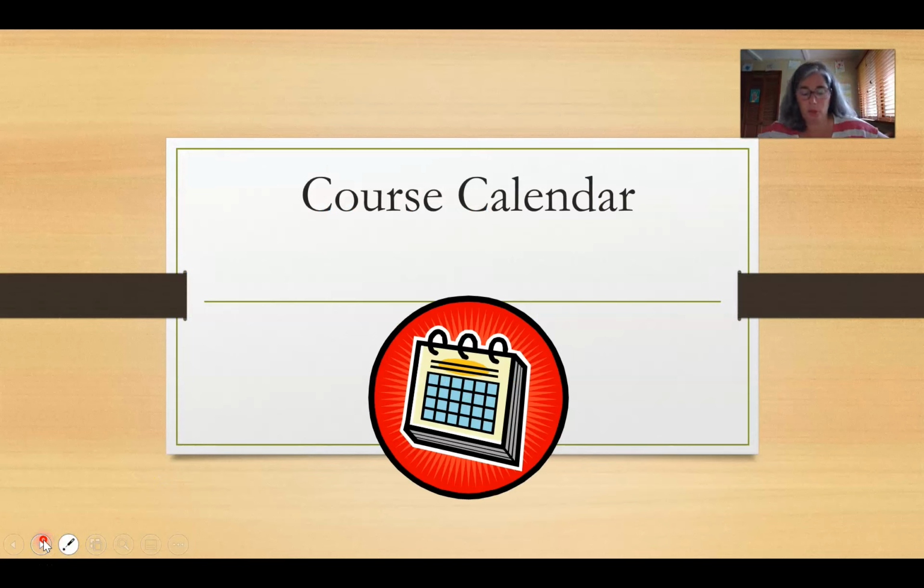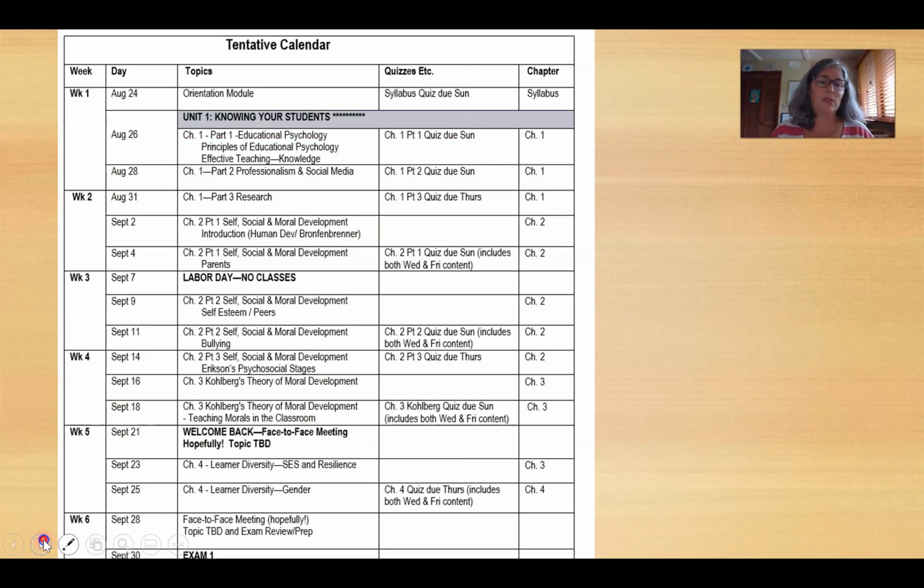Now, drum roll for the truly important stuff. What are we doing now? Okay, how are we going to make this work? What's the course calendar look like? Here's what I have for the course calendar. And like I said, I'm only giving you up until week 6 because I just want to see how that goes before giving you the entire calendar. So you can see here with my little red dot, right now you're doing the orientation for today's class.